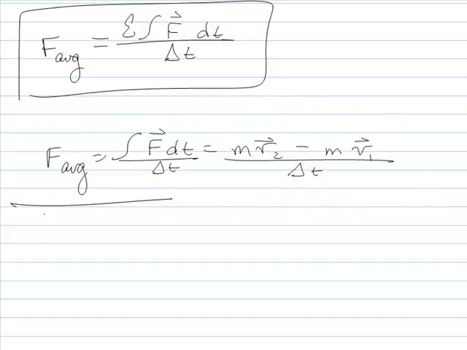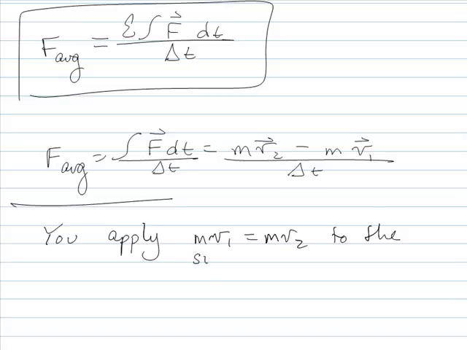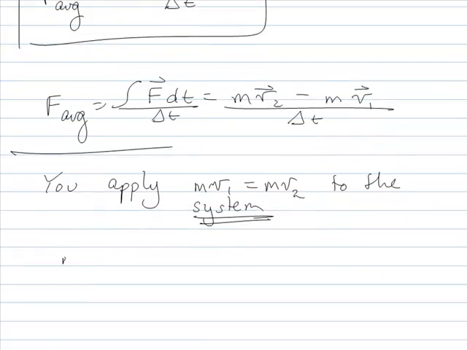The last thing that you want to make sure of is that you apply mv1 equals mv2 to the system. Usually you know v1, where you start, and you're trying to figure out, well, where did I end up? A classic example that's in your book is two trains colliding. What is their velocity after, and what is the force between them? Well, if you wanted to know the force between them, if you were just looking at the first car,